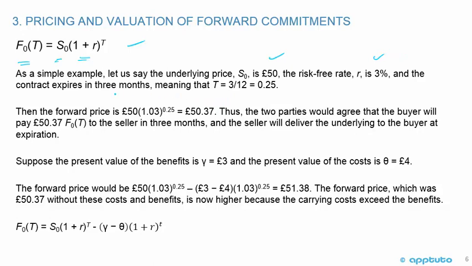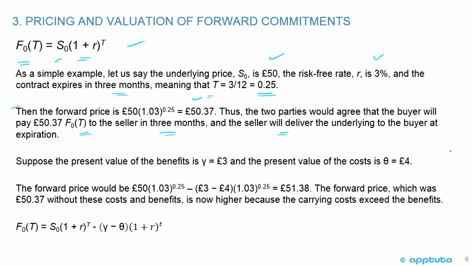And that the contract expires in 3 months, meaning t equals 3 divided by 12, which is 0.25, okay? So the forward price is easy. It's just £50 times 1.03 to the power of 0.25. We get £50.37, okay? Thus, the two parties would agree that the buyer will pay £50.37, that's the future price, to the seller in 3 months, and the seller will deliver the underlying to the